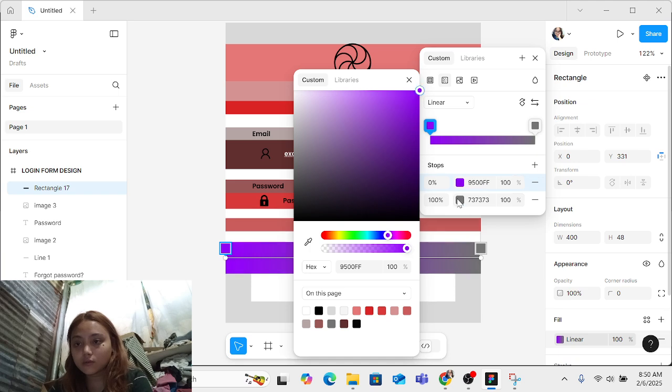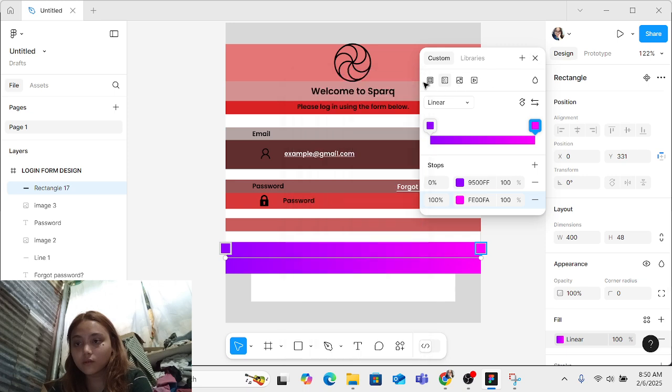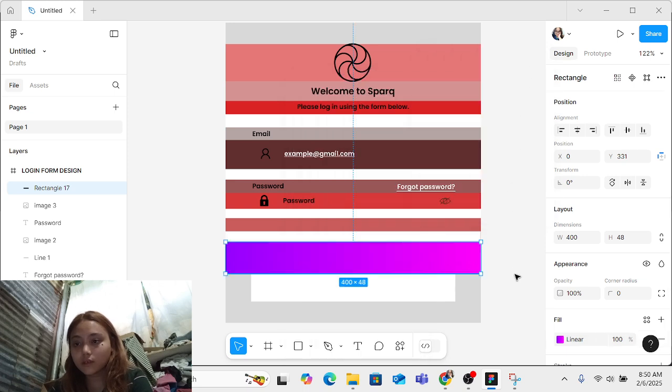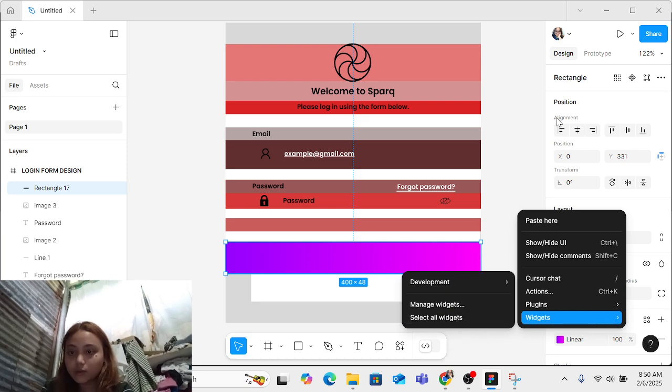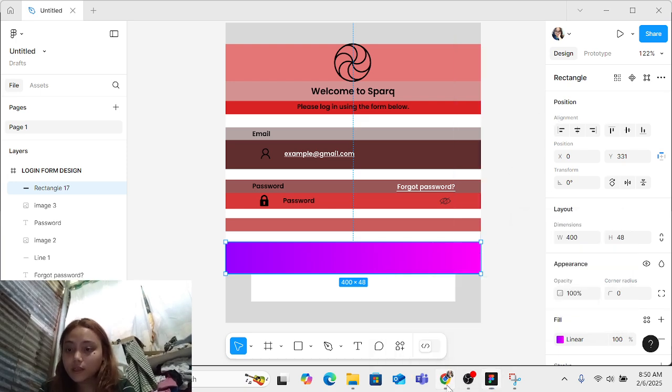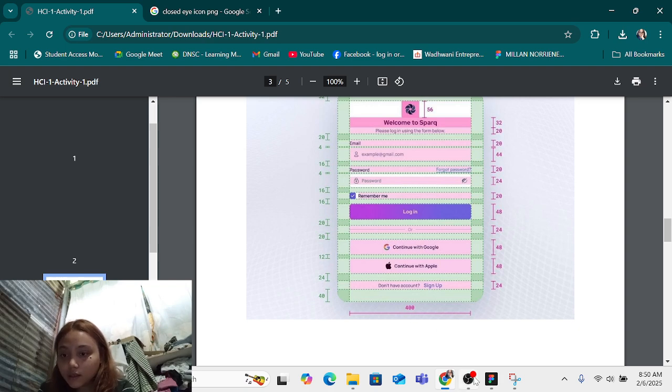So that indicates the color of our login button. So next we're gonna continue to put the other things. Which is already okay.